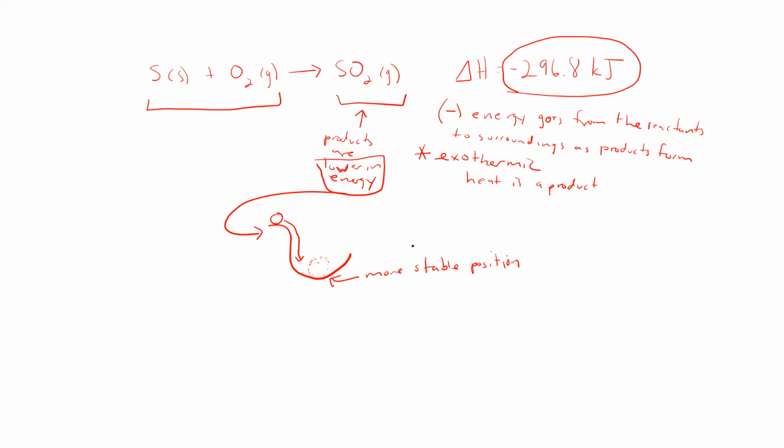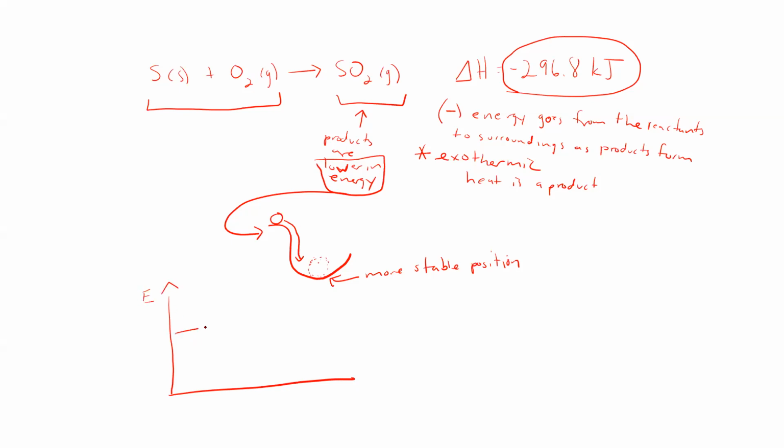Okay, so we can equate lower in energy to being more stable, okay? So if we're comparing two molecules, or comparing our reactants to products, in this case is the better way to look at it, if our products are lower in energy than our reactants, we can depict that using an energy diagram,